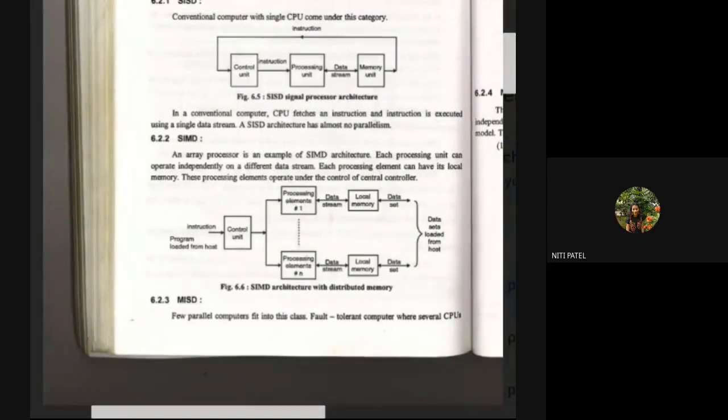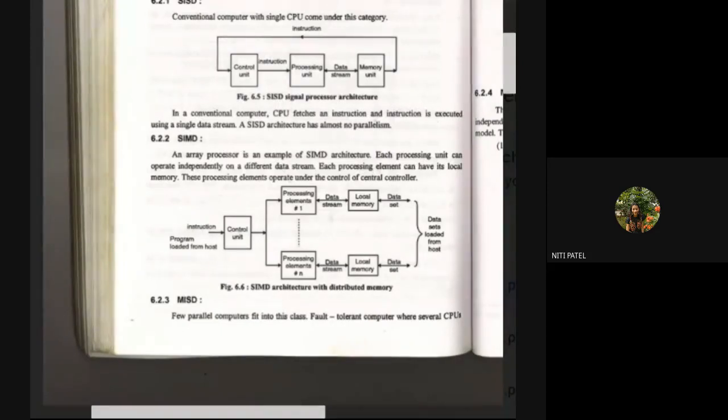Now when I give an instruction, move A comma B, to a control unit, it will divide this move A comma B to multiple processors. Dividing move A comma B means what? One will read the data from B, one will be used for copying the data, and a third will be used for storing the data into A. So move A comma B will be divided into 3 sub instructions, where one processor will only read the contents of B, the second processor will do the actual transfer of contents from B to A, and the third will actually store the contents of B into A.